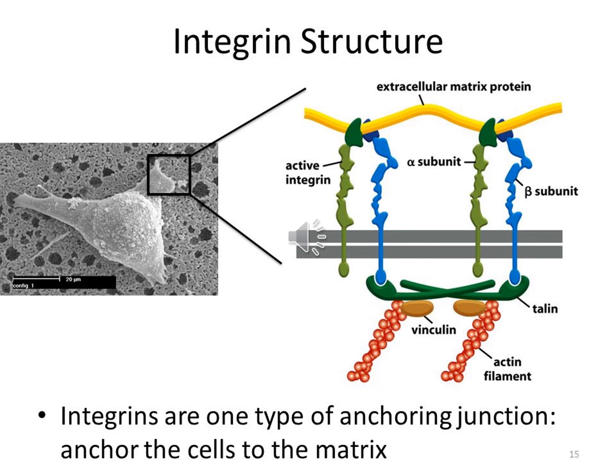So these green and blue lines are the transmembrane parts of the integrin protein, and it is linking to the extracellular matrix protein in the extracellular matrix, as well as linking to talin, vinculin, and actin filaments which are present intracellularly just beneath the plasma membrane. So it is linking the extracellular component and the intracellular component, and it is going to act as a receptor on the surface of the cell.